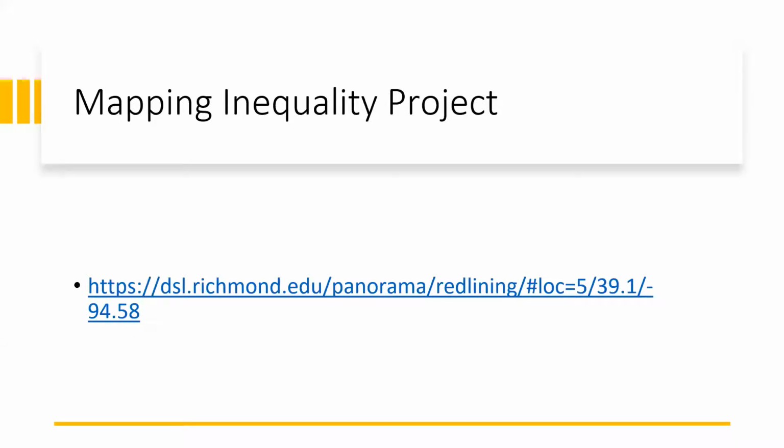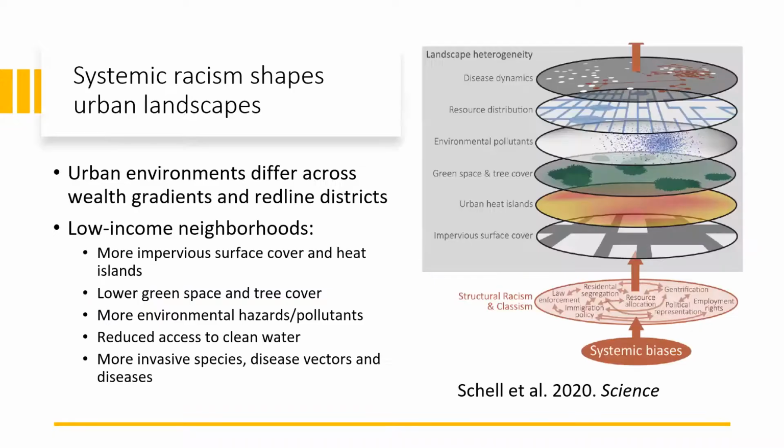And so if you want to learn more on that, there's a really great website developed called the Mapping Inequality Project, where you can literally explore across the US in different cities what areas have been redlined and have not. I encourage you to look at that because it's eye-opening. But what I want to dive into is this recent work that has come out